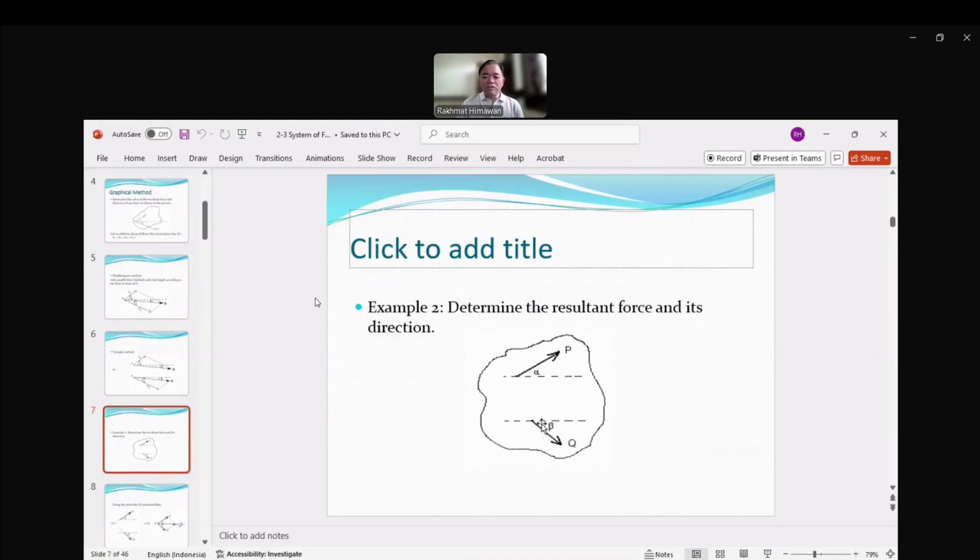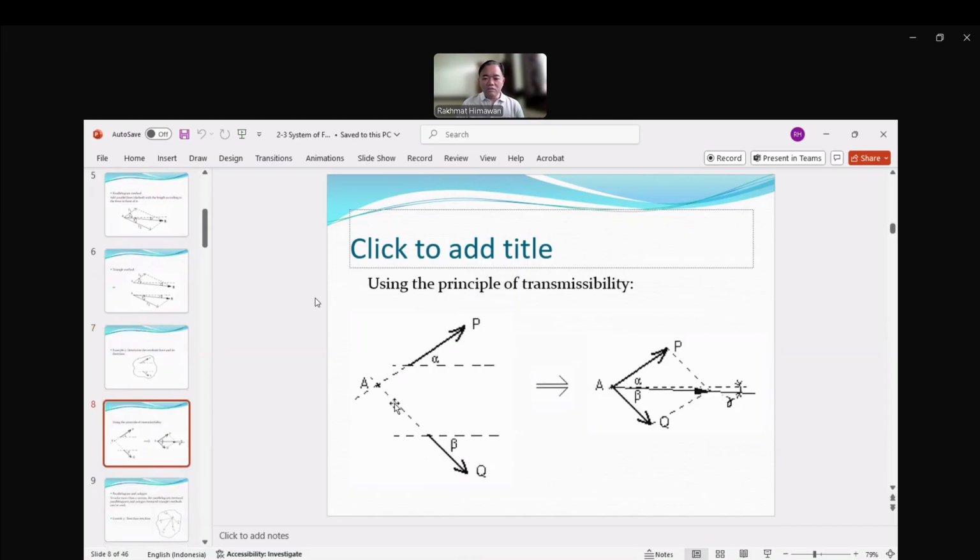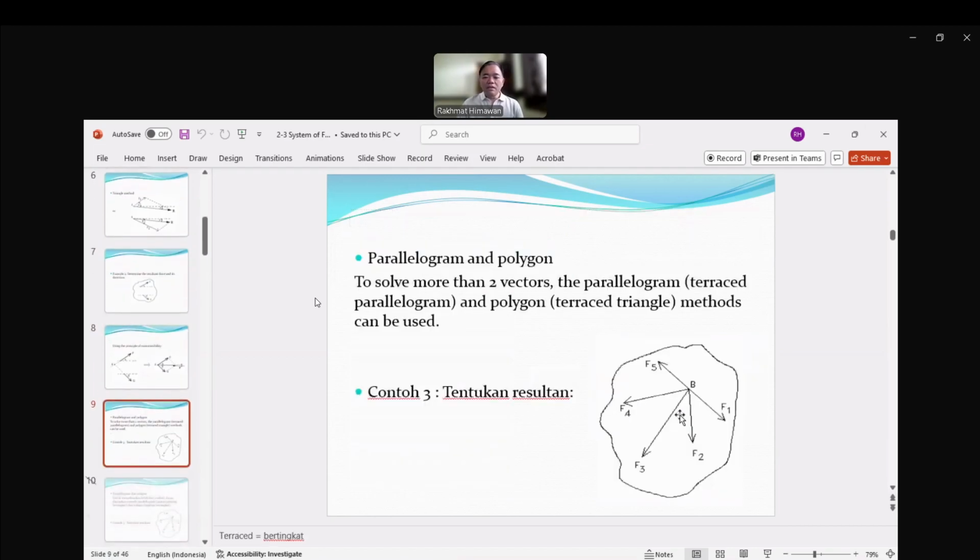The resultant force, if it's separated, that means you just need to find the extended lines, and then you move the P to that point A, where these two extended lines meet. Move this P force and Q force, so you can find the resultant graphically. And this one is